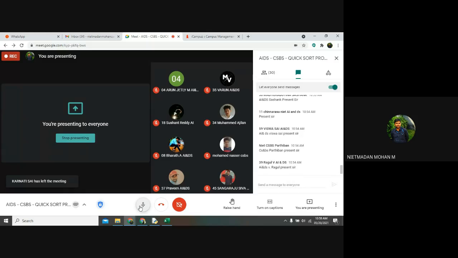So those who are interested can voluntarily come forward and take this topic. Only 2 topics are pending. One is Shiva Karthik, you are going to take quick sort, right? Yes, sir. Yes. So insertion sort and merge sort will be pending. So I will post that in the group. If you are interested, you can come forward and take the class. I will give you 10 minutes for each individual topic.